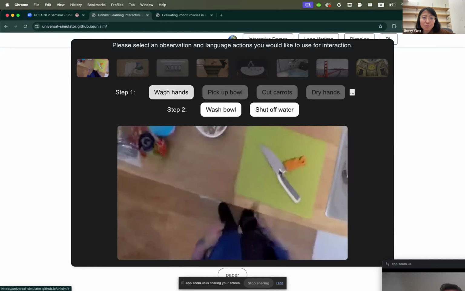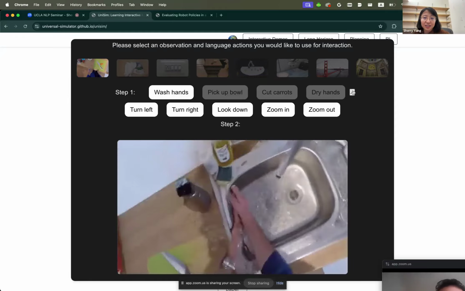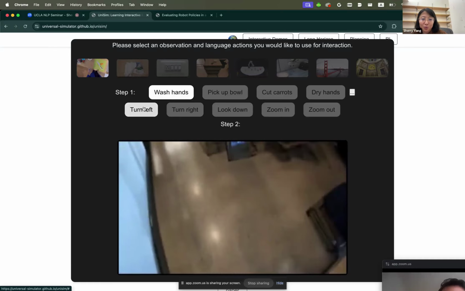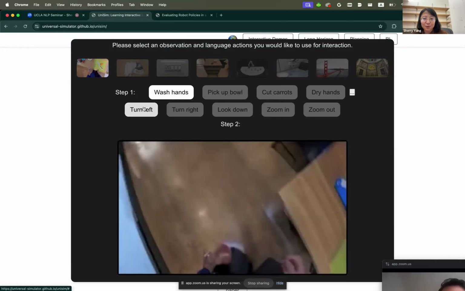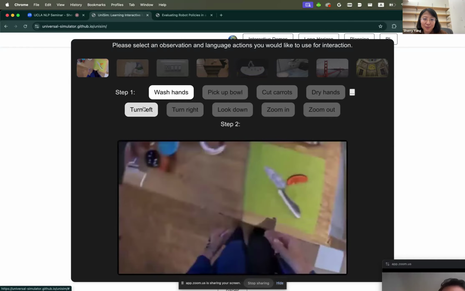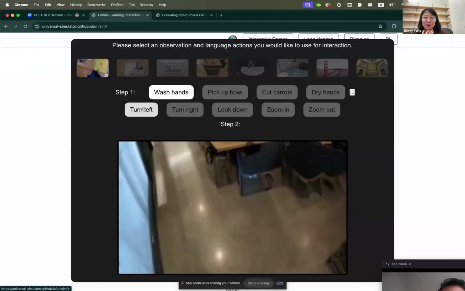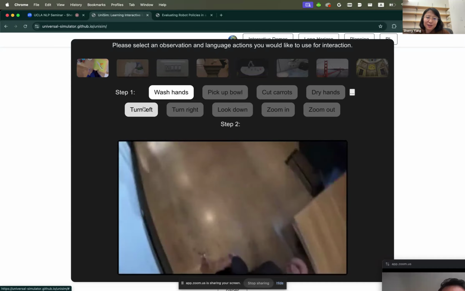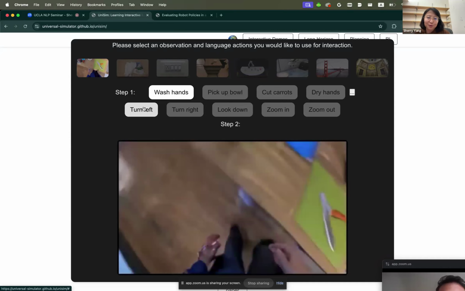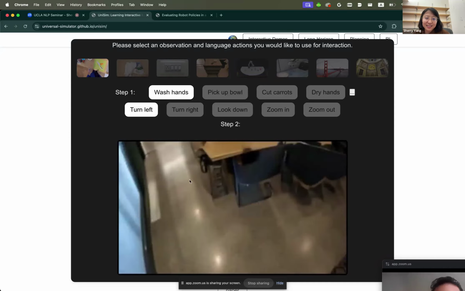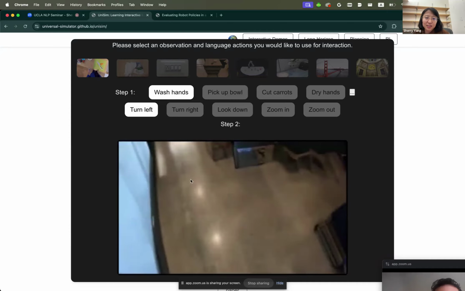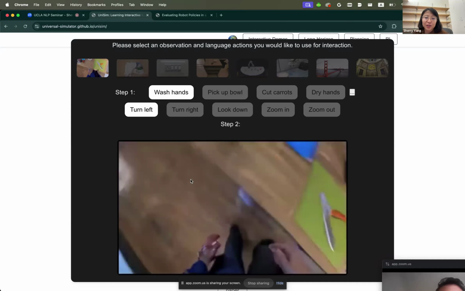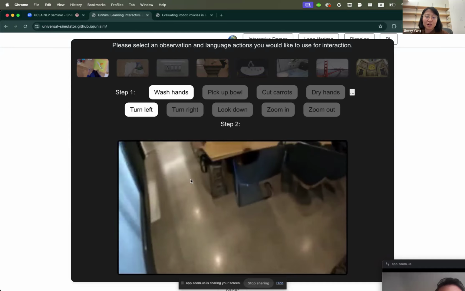And again, manipulation and navigation are now captured by the same model, because we can ask a person to turn left. And what we see is the person turned away from the kitchen and the dining room showed up, which was completely to our surprise, right? Because we couldn't even find what the training data for this particular initial frame would be, because it doesn't exist. But the model is able to, purely in a data-driven way, understand that if we turn away from a kitchen, we're likely to be walking into a dining room.